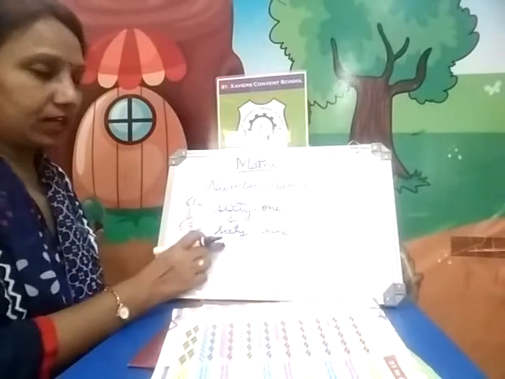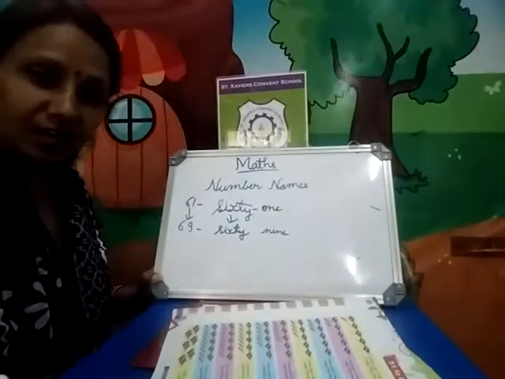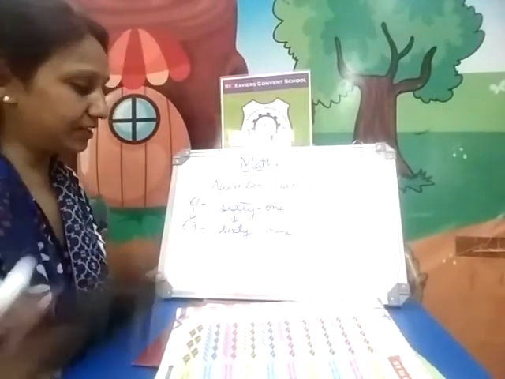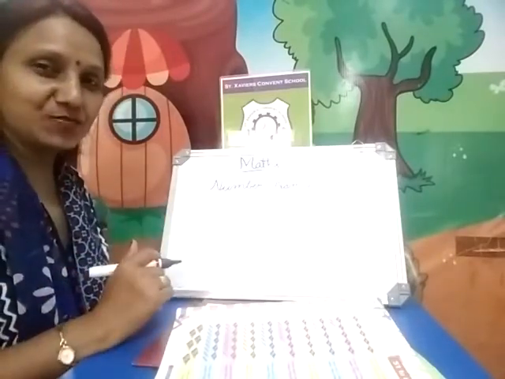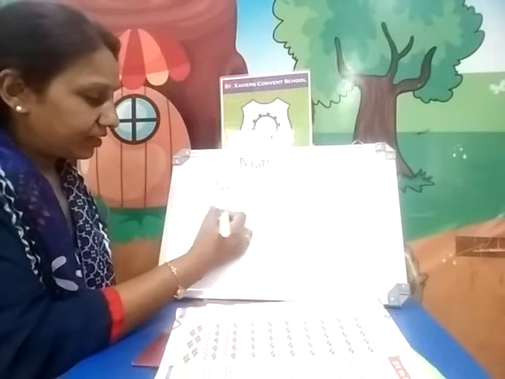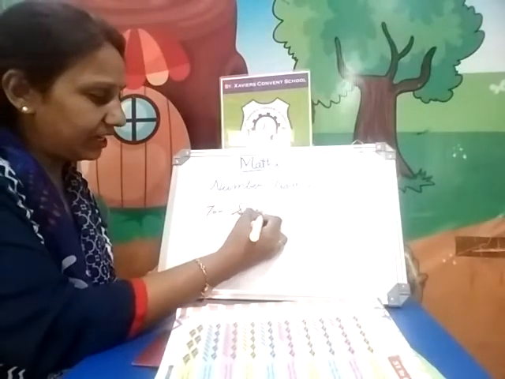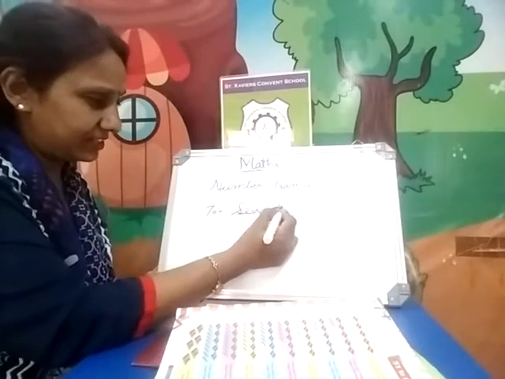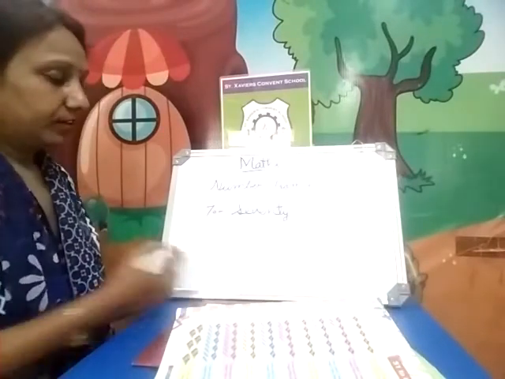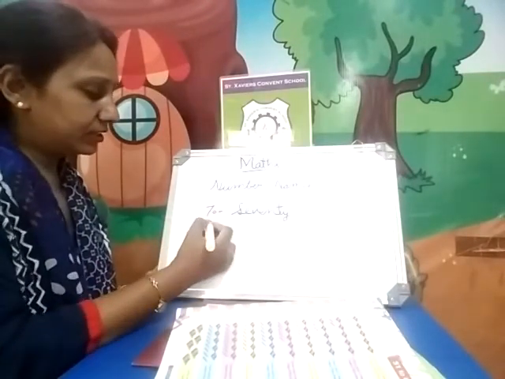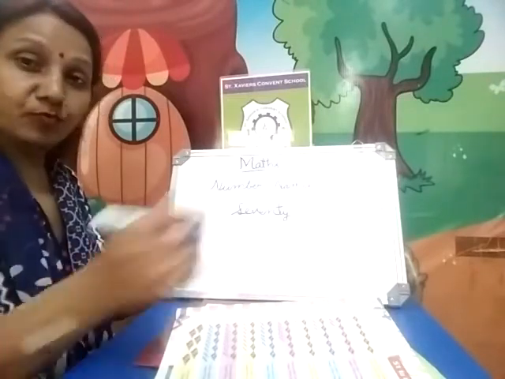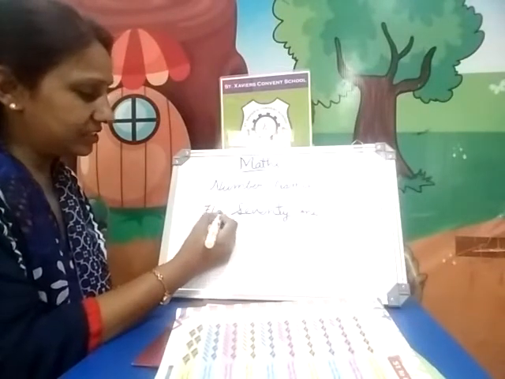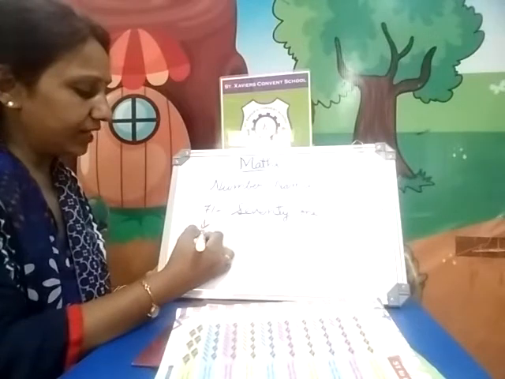Okay, then what comes after 69? Tell me, you all, what comes after 69? 70. Now the spelling of 70. S-E-V-E-N, 7 you know, and add here T-Y. 70. Okay. Next, what you will do? That next is what? 71. O-N-E 1. S-E-V-E-N-T-Y 70, O-N-E 1. So till 79 you write the same way.